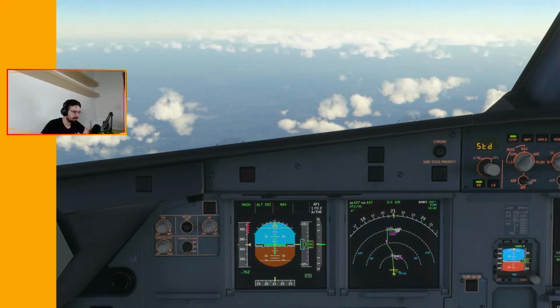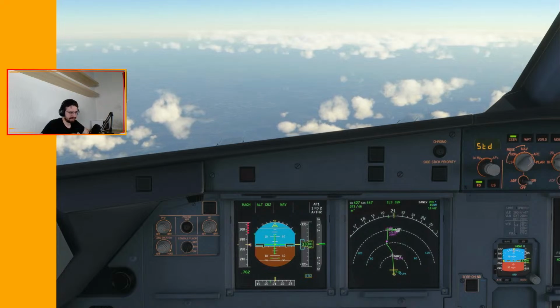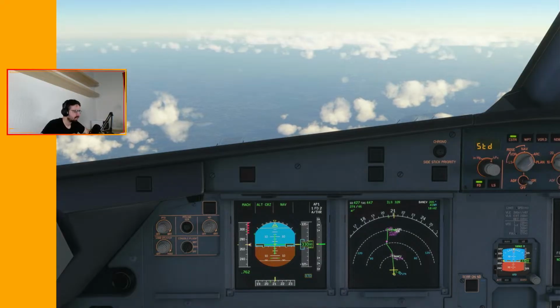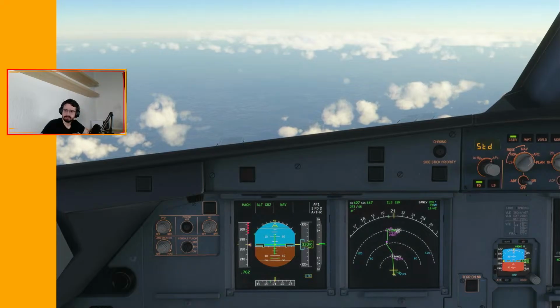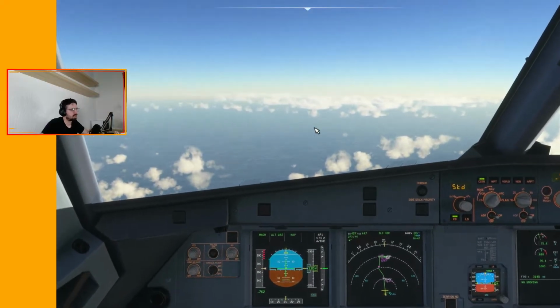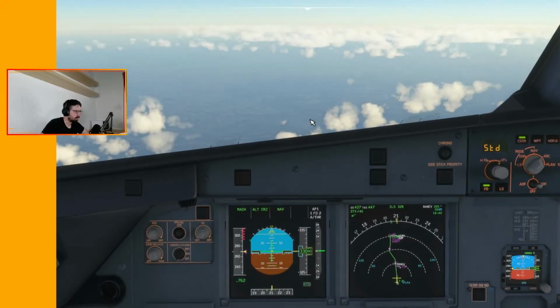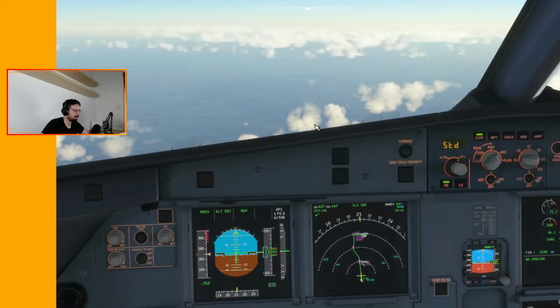So, again, something that was better in 2020. Many things are better in 2020, of course. Still, it's a really solid sim at the moment. We have FSLTL. The truck is connecting on the pushback. You know. We have the 7